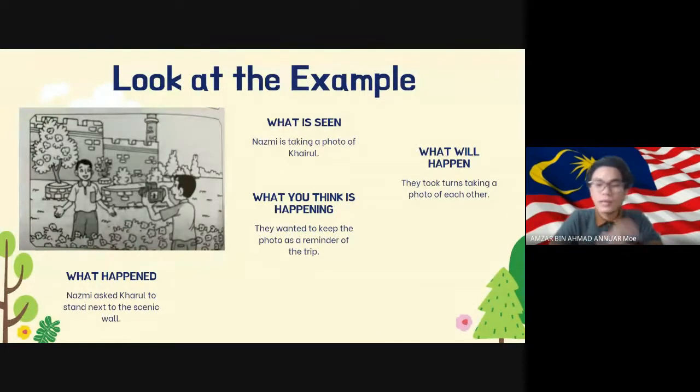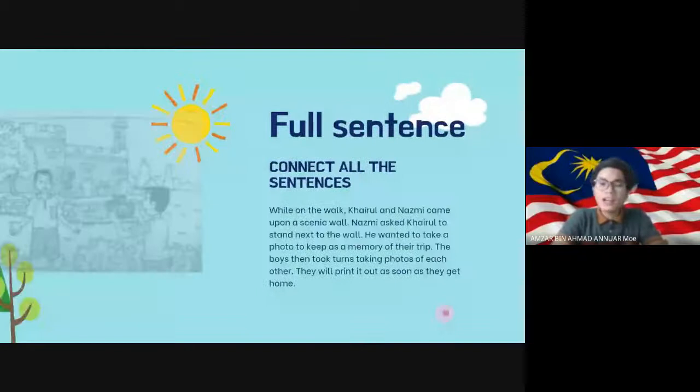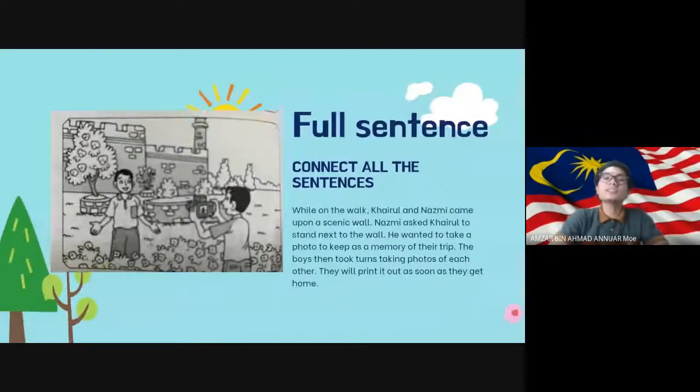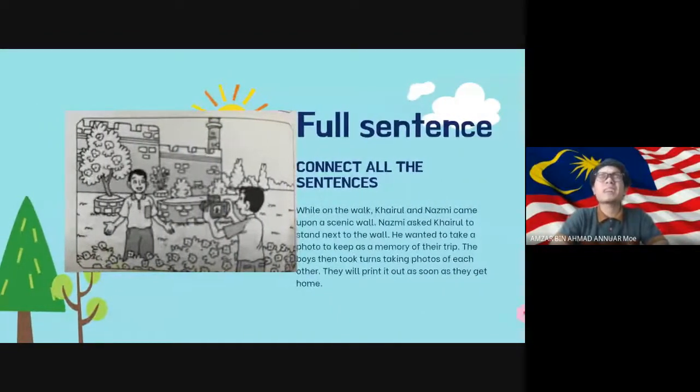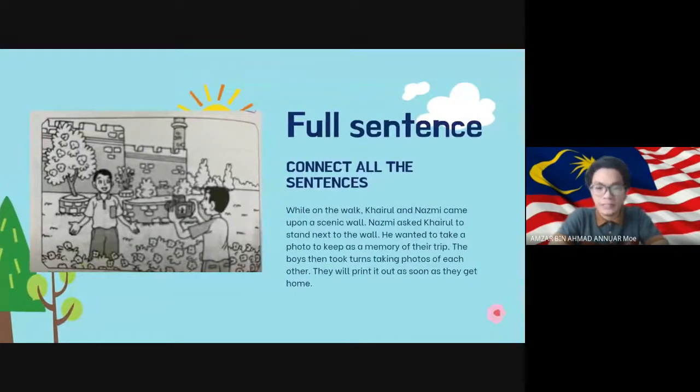Okay, now. Once that is done, bila dah siap awak buat satu-satu ni, macam tadi juga, you connect all the sentences so they become a full sentence or a full paragraph. So, tengok ayat tu